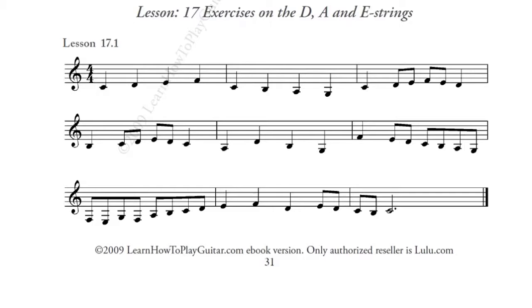So at this point we start combining strings. I'm going to go ahead and skip to lesson 17, which is the E, A, and D strings. That exercise starts with C on the 5th string and then moves up to the 4th string. It would be C, D, E, F, C, B, A, G, C, D, E, F, E, D, B, C, D, E, D, C, A, D,